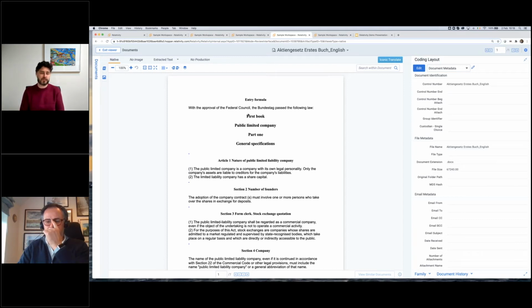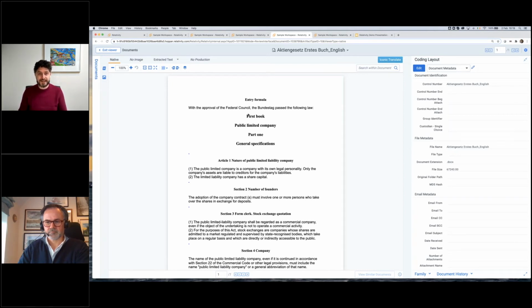It might depend on the original file format. So if you're translating an email, you're not going to get a lot from the formatting. So often the users will translate extracted text because it's a little bit faster. If you're translating things like PowerPoint presentations or Excel spreadsheets, then it's going to be more useful to have the translation in context in the original native file, and so you might run the native. So essentially, it's a feature, and it's up to you to decide which one you want to do.